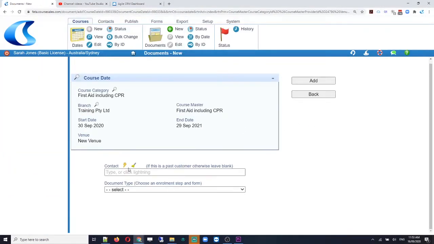This is going to give me the option of selecting a past customer if any exist, and the likelihood is that none are going to exist. But if they did, you click on the lightning bolt or type in the name, and there'd be an automatic search to find that person. If that's correct, that'll basically enter all that data that you have on that customer into the form, which is pretty handy. So let's choose a document type. We're going to go for a registration. I'm going to click on add,